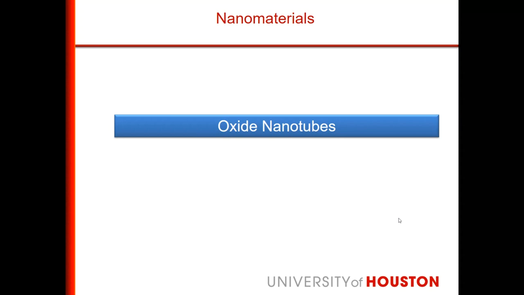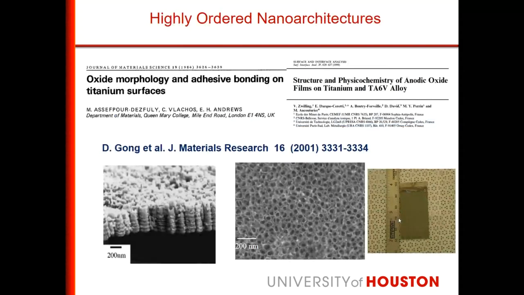We are interested in oxide semiconductors. You know why oxide? Oxides are stable. We don't have to worry about the oxidation problem. Silicon, if you take it, can oxidize immediately. But these oxides are very stable, and they have semiconducting properties also. So we are interested in making the nanotubes of those materials.